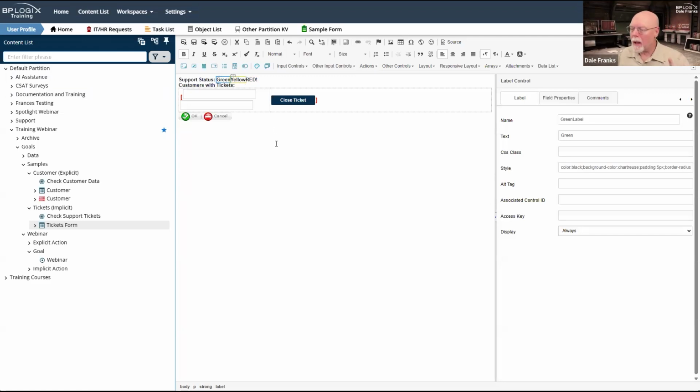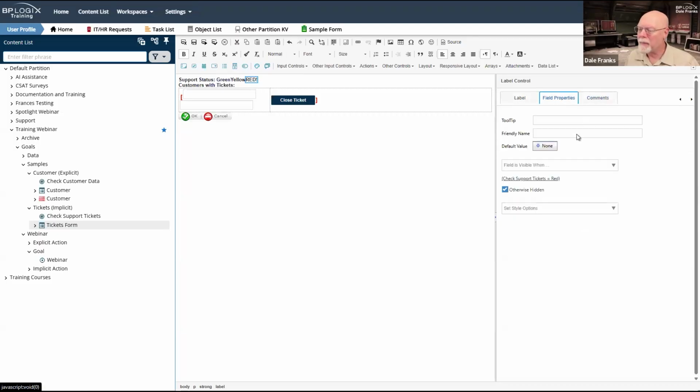So I've got these labels here, and the reason I did them is because I could style them. I could have done this, I suppose, with input controls. I could have done it with an HTML control, actually, and just drop 3 HTML controls over here to do the formatting there and just throw in a div tag. That would probably be the more proper way to do this. But in any event, I've got these 3 tags here. And so I'm just setting the label on these tags.